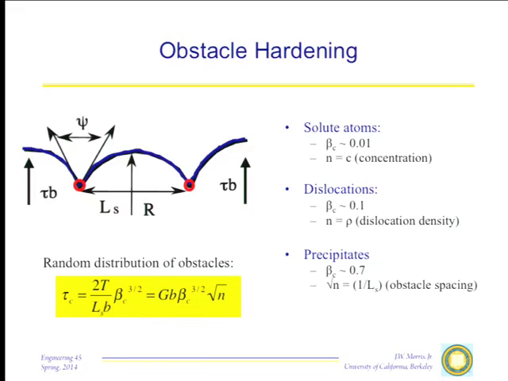The second kind of obstacle we put in are dislocations. This is work hardening. If we deform a material, the material gets harder. It gets harder because dislocations are multiplying and they get in each other's way. In that case, the number of dislocation obstacles per unit area in the